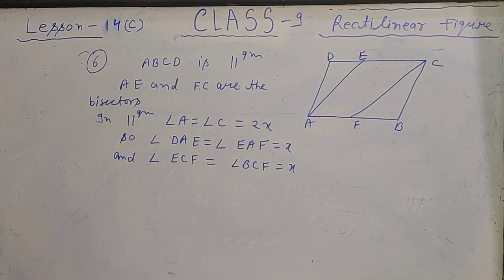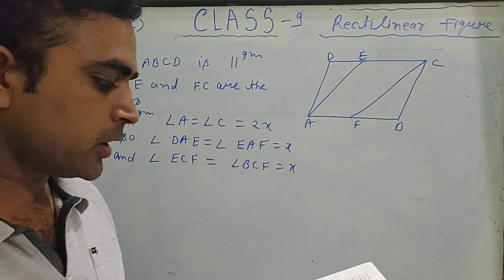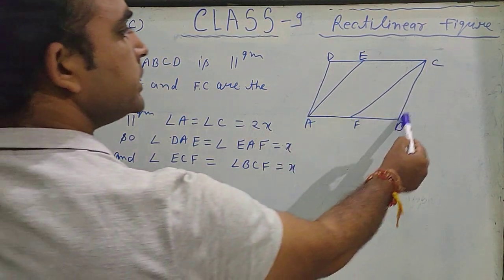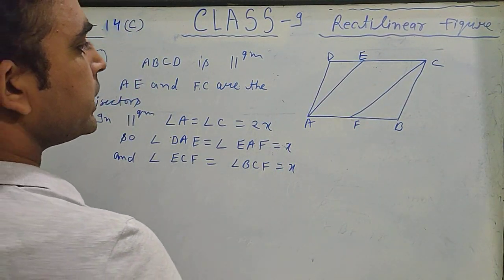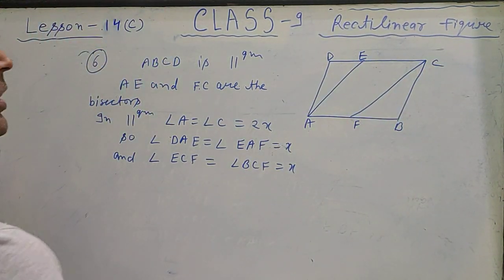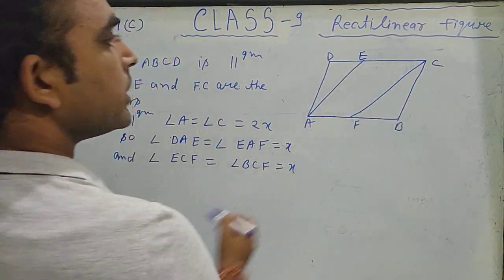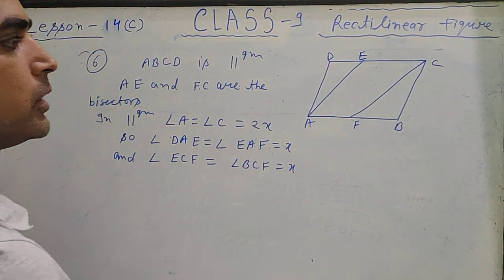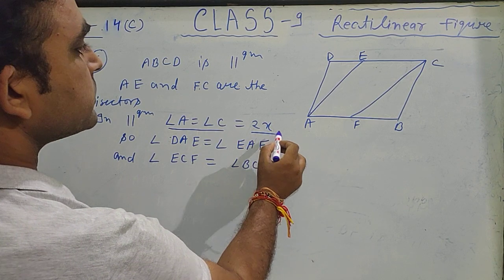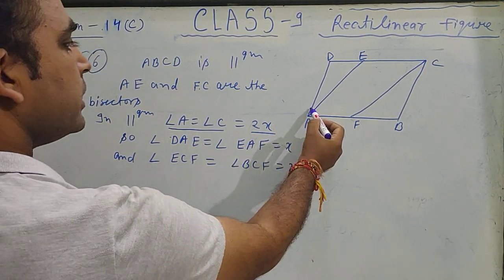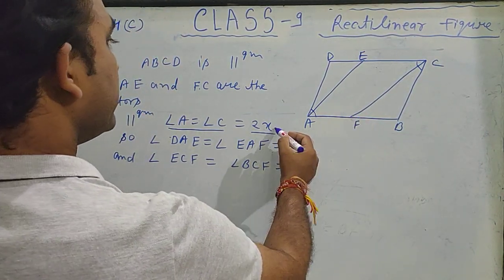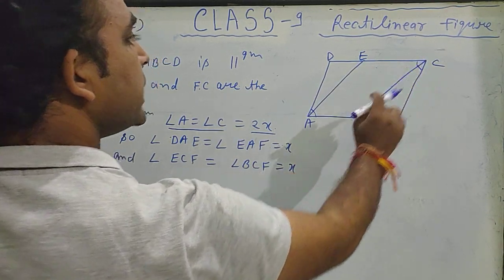ओके, नाउ क्वेश्चन नंबर 6 इज प्रूव दैट the bisectors of opposite angles of a parallelogram are parallel. Means ABCD is a parallelogram and it is given that the bisectors AE and FC are the bisectors of opposite angles. A and C are the opposite angles, and you know very well in a parallelogram opposite angles are equal. Let angle A equal angle C equal 2x. Means we suppose that angle A इक्वल एंगल C, ये पैरेललोग्राम में होता है, इक्वल 2x ले लिया, एंड AE एंड FC आर द बाइसेक्टर.